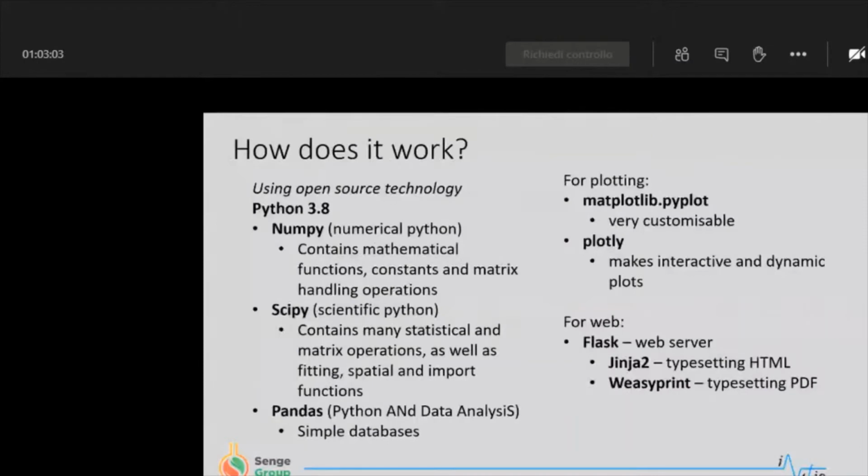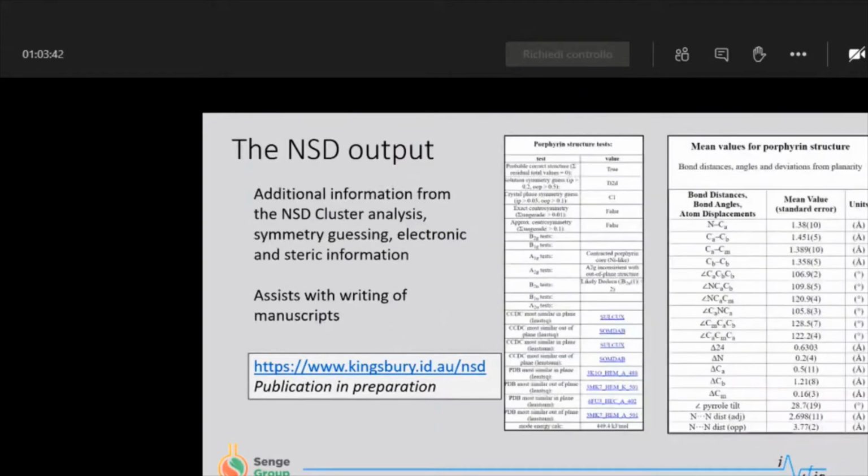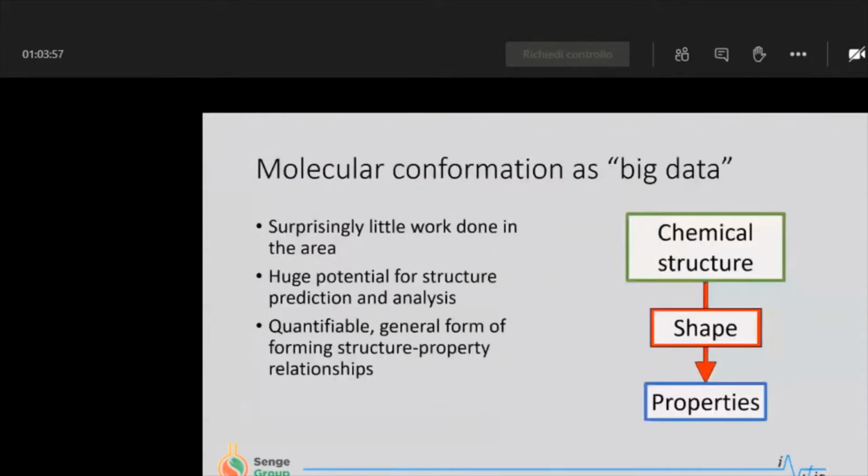So I've remade the original program. It generally works by using open source technologies, so that ensures compatibility with the future, and it ensures that anyone can read and understand what's written. Generally, we're getting an output which relates that structure to the normal coordinate frame, and it should be relatively simple to understand and able to be added on to any document as supplementary information. Additionally, there are tests that are performed, and this is based on some of the structure cluster fitting that we've been doing on different parts of the NSD